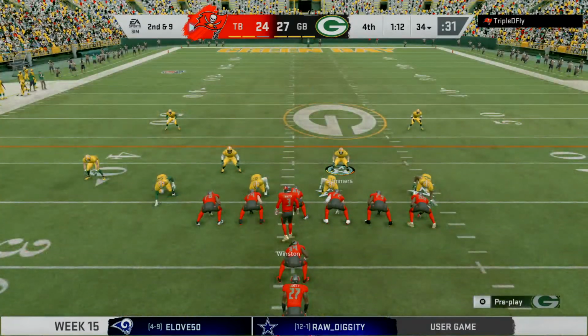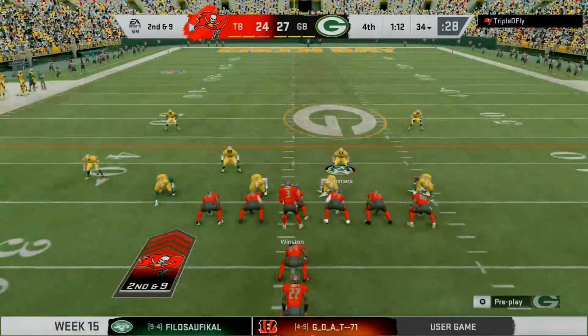Ready? Mike 25. 49's a Mike. Hey, that QB's trash. Let's